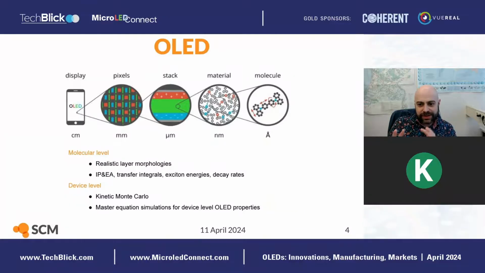Ideally, for these types of simulations, we split the workflow into two different stages. A molecular level, where we go in and model the atomistic behavior of the device, which is itself composed of two phases: a phase where we model the morphology and build the stack of the molecules, and then a phase where we calculate the electronic properties that you need using quantum mechanics. And then we have a device level simulation layer where we use the information we just gathered to calculate the response and what you really